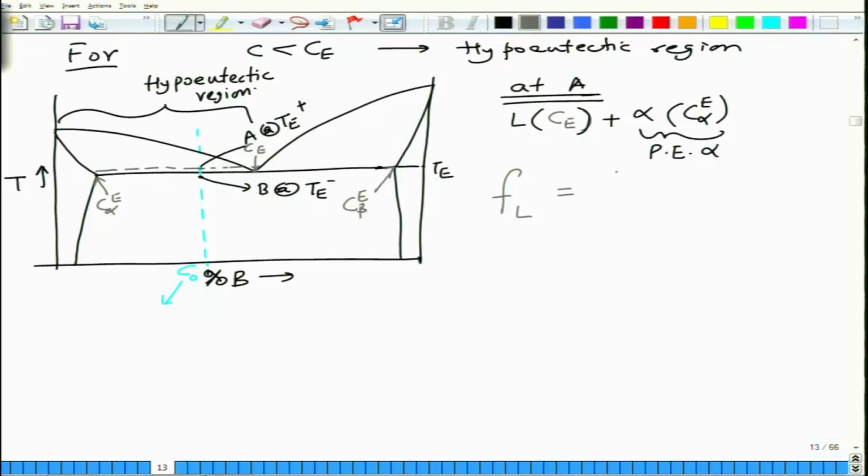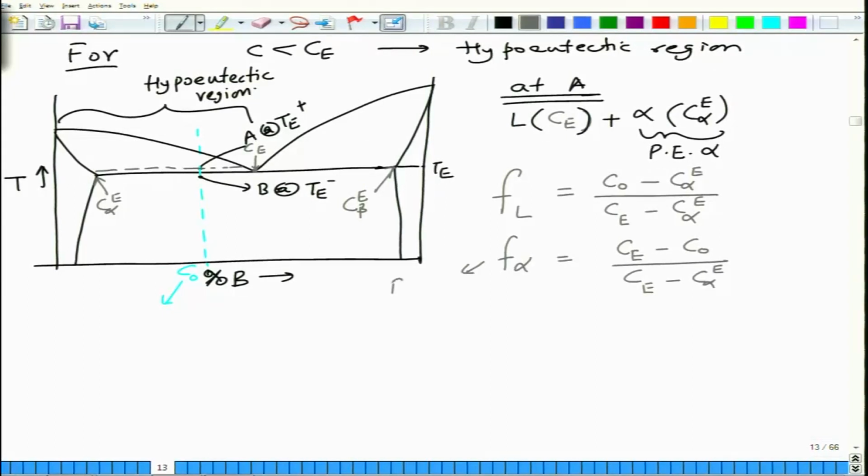FL is nothing but C naught minus C alpha E divided by C E minus C alpha E. And F alpha is nothing but C E minus C naught divided by C E minus C alpha E. These are the fractions of the two phases. This is the fraction of pro-eutectic alpha. Now the moment you come to point B,